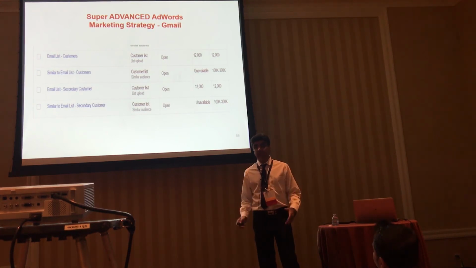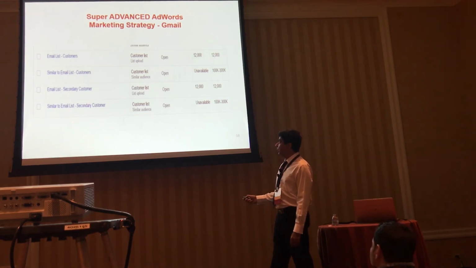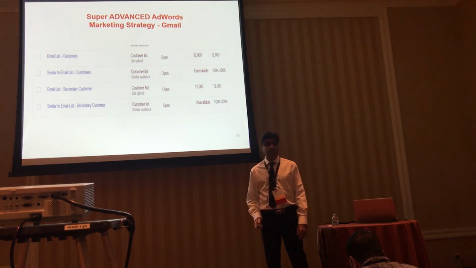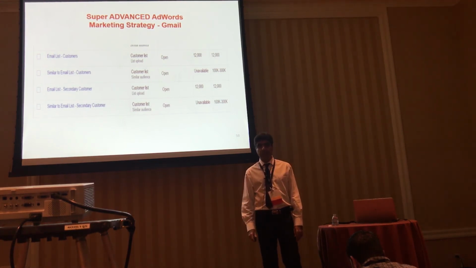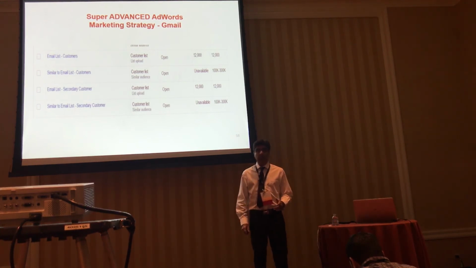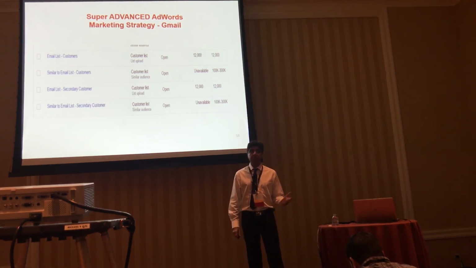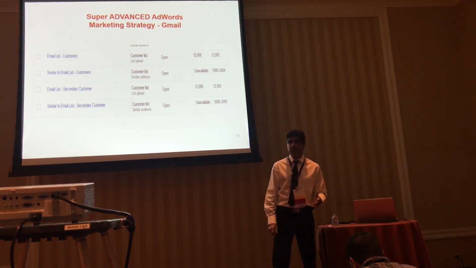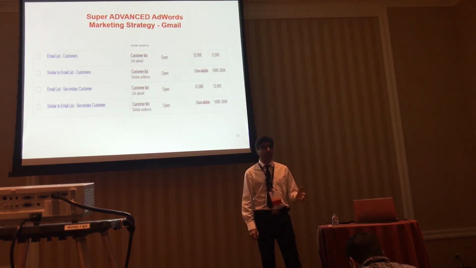That list is slightly different. Those customers are different. Those people are different. Two weeks later, Google comes and says, hey, let me give you another list like that. Would you like to market to them? Of course, absolutely. So you can maybe buy an email list if you don't have one. Maybe if your competition is going out of business, maybe you can buy one from them. Maybe just buy one in general.